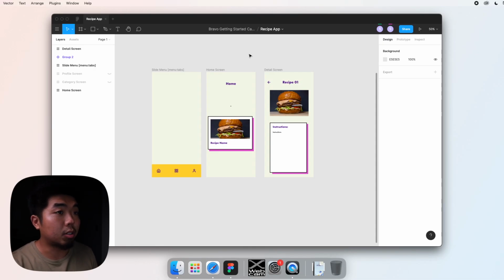Alright, so the first thing we're going to do is take a look at our Figma designs, and I'm going to show you some tips and tricks that I use in order to create a design that we can fill in with data later on. Now, again, we're going to be using Airtable to create a database, and we're going to be using that data to populate different list items and populate the detail and the instructions for our recipe.